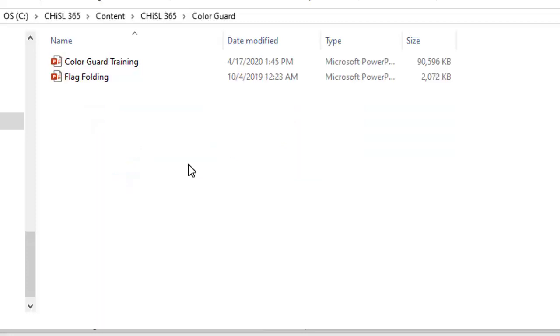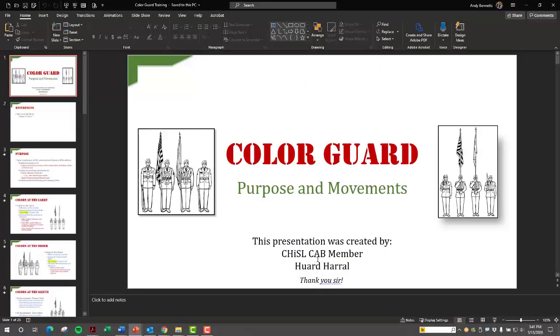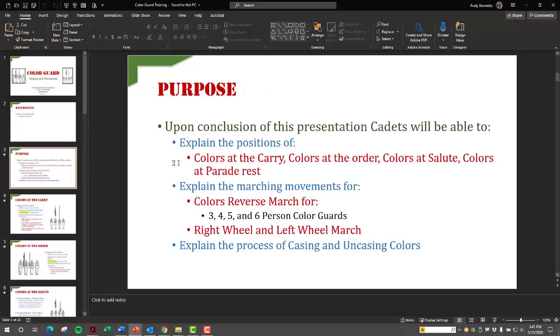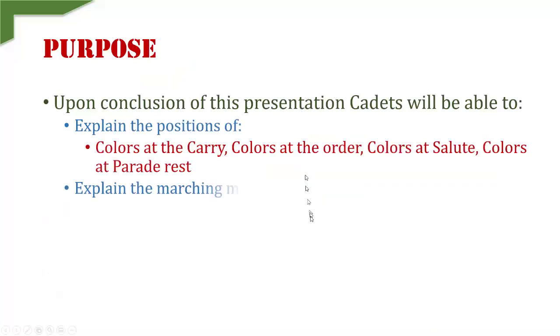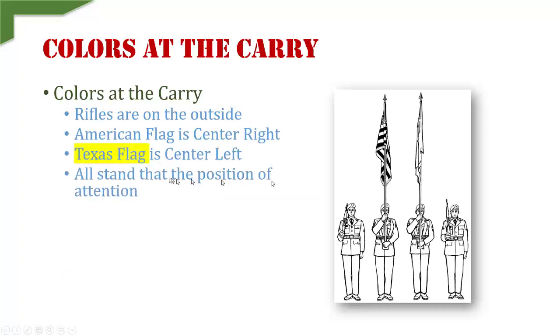We've got an amazing color guard lesson that was created by our awesome friend Heward Harold. He's also on our curriculum advisory board. This is super helpful. Big thanks to Heward for creating that. This references FM 3-21.5, and it goes through the entire process of how to present colors and do color guard. Okay, and we tried to break this down where in PowerPoint mode you've got little chunks that you can discuss before moving to the next section right there. Okay. Again, anything that's highlighted, you can go in and modify that.